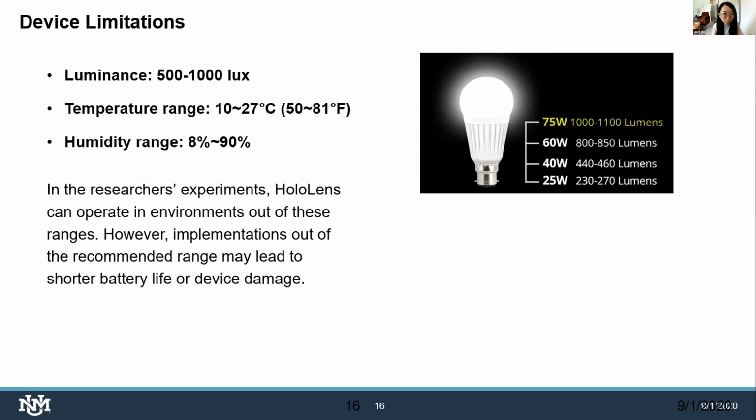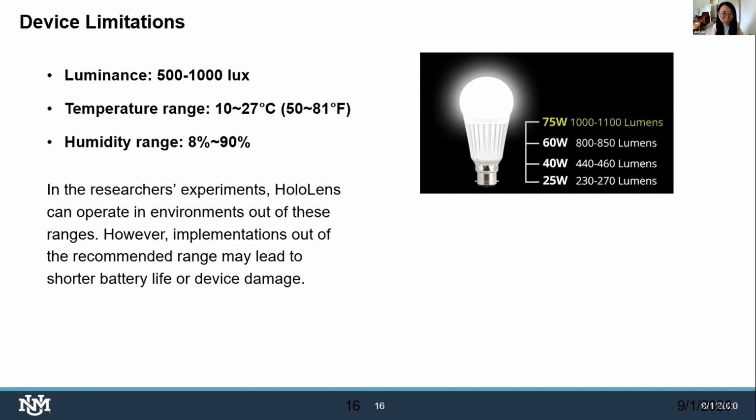HoloLens 2 operates with the best performance in this environment, but that doesn't mean it cannot work well beyond this limit. Actually, when we conducted these experiments, we used light that was not quite enough, and